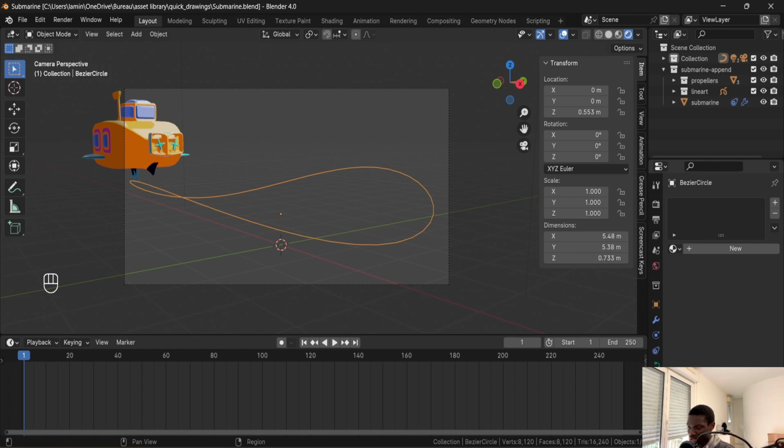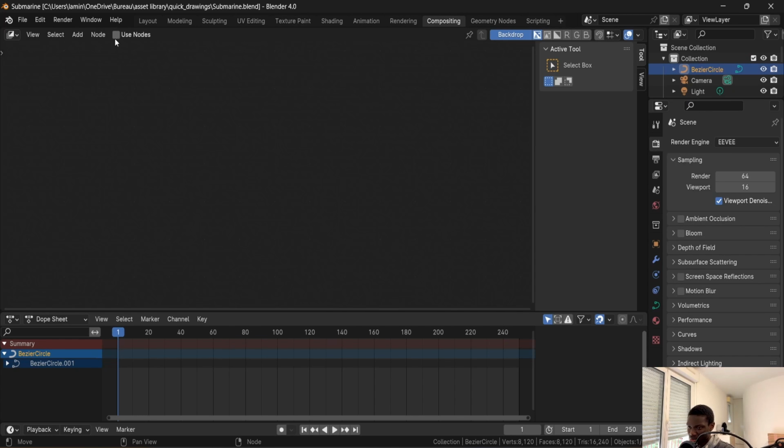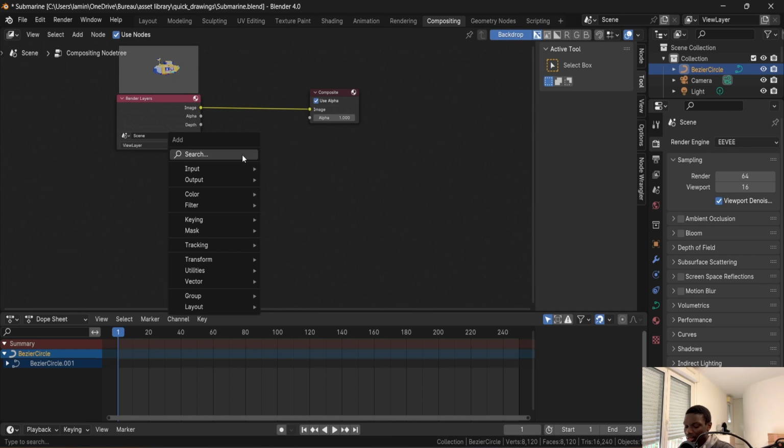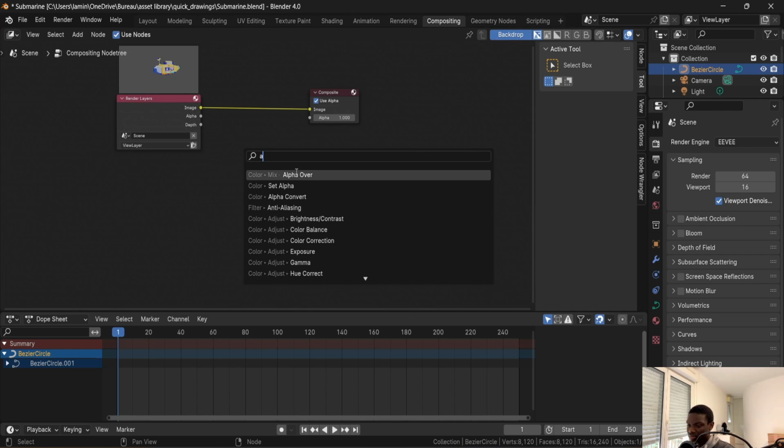You could change the word color and make it something more brighter, but the problem is that when you change that, it is going to affect the lighting of your scene, and we don't want that. So what we're going to do is we're going to just make it transparent here on compositing. So you just click on enable use nodes, and I'm going to add an alpha over